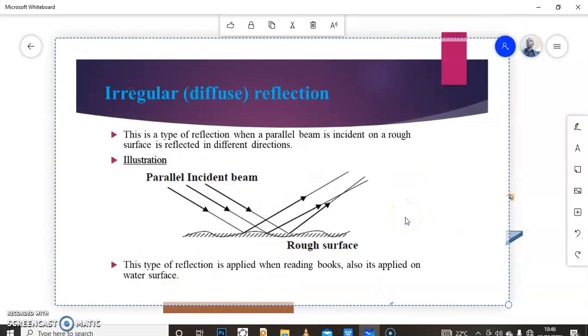For irregular reflection or diffuse reflection, this is a type of reflection whereby you have a parallel beam of light falling on a rough surface and it is reflected in different directions. This type of reflection is the very type that we use when we are reading books. When reading books, you are able to read all corners because of the irregular reflection